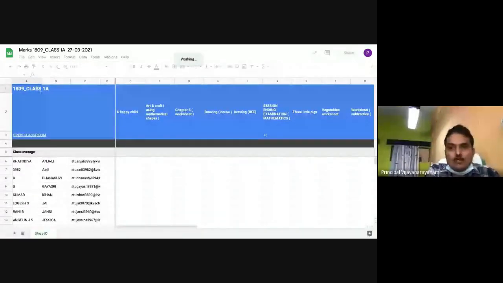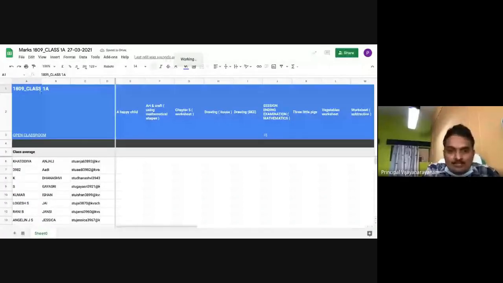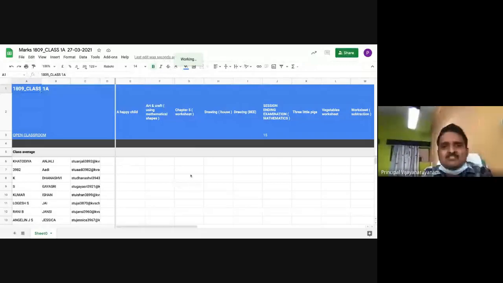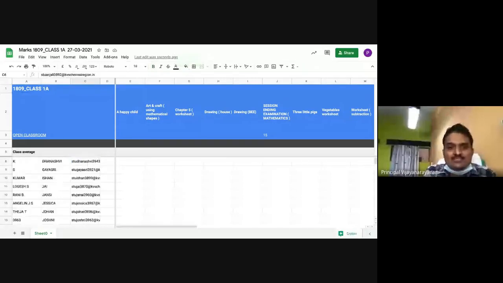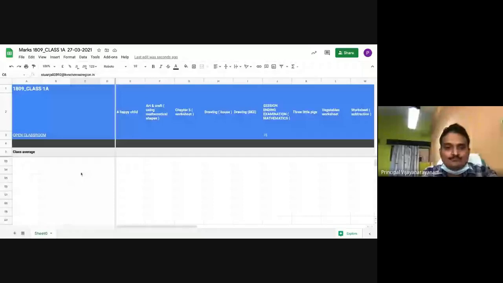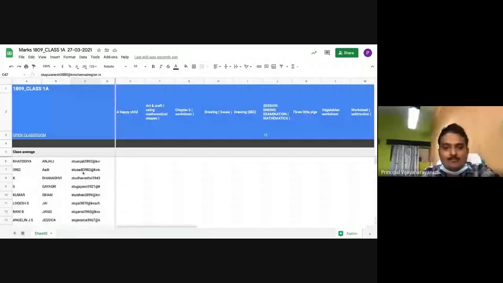Once this is open, if you open any other assignment, you will see the marks also here. No need to worry about marks, assignments, or the names of the students. Click in the email ID section, scroll down to the last, and copy these IDs.